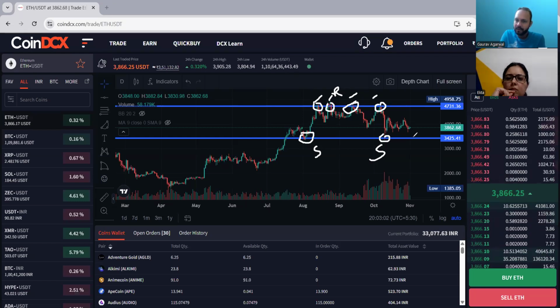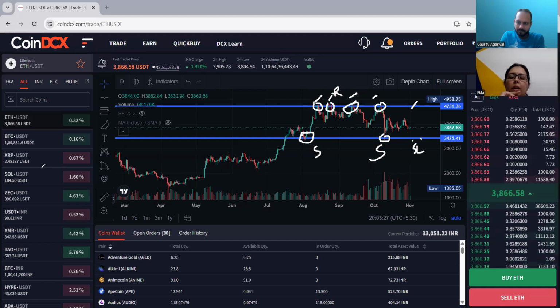So if you are a swing trader, if you want to buy it for some days, then what you can do is wait for the price to come here to this area. On this line you can buy, and your target should be here and the stop loss will be here. See, if you are a swing trader, you have to keep the stop losses also because we may not know, the market can come down from there also. So like resistance and support, you can always trade using the daily chart.